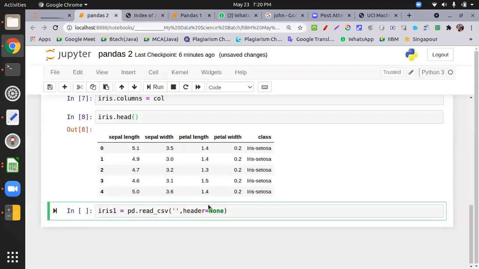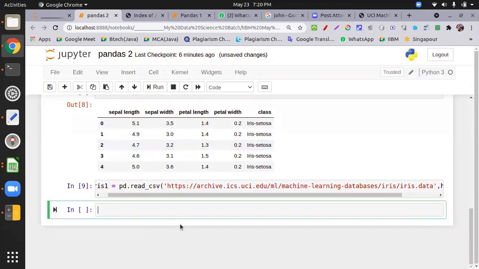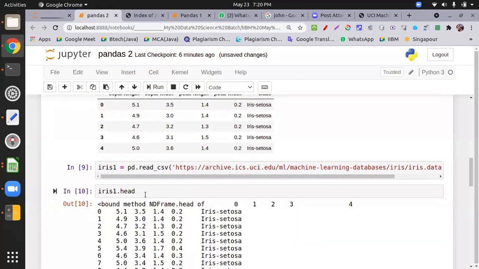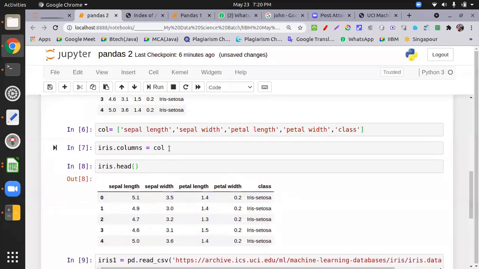So I put the entire URL over here, and at last put iris.data. Run this. If it doesn't show any error, then iris1.head method over here. Perfect. Again you apply the columns.